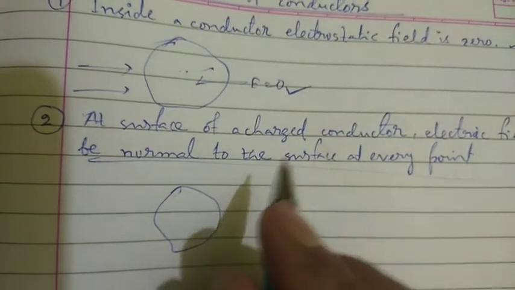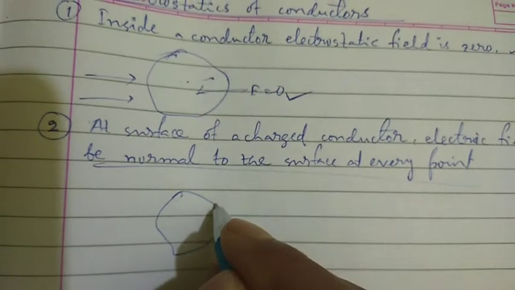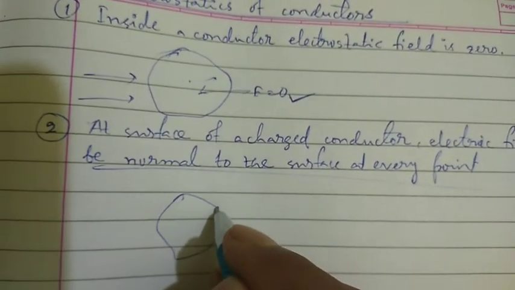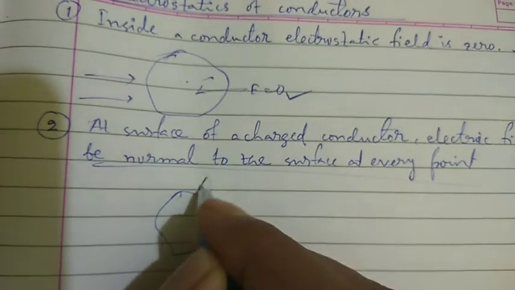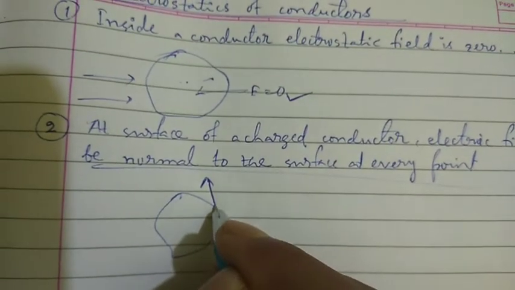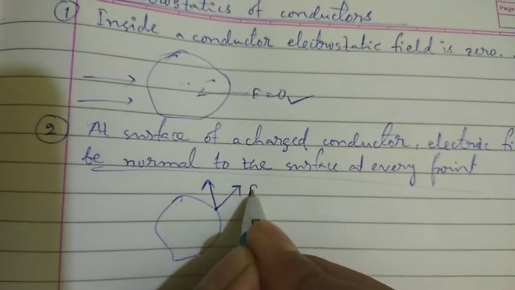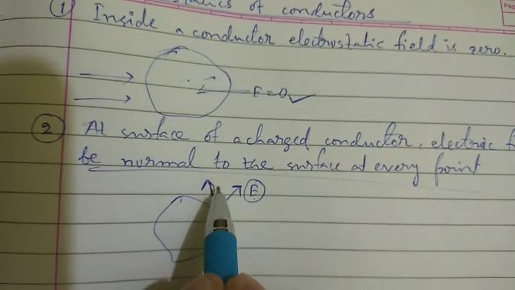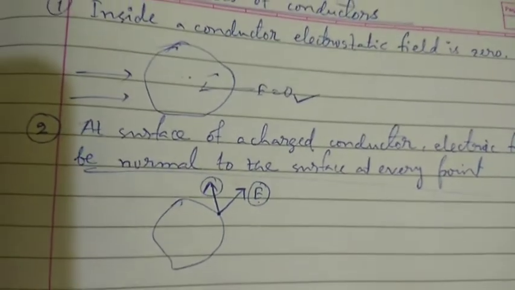And if the electric field, say at this point, is not perpendicular to the surface, but along this direction instead of perpendicular, then in this case